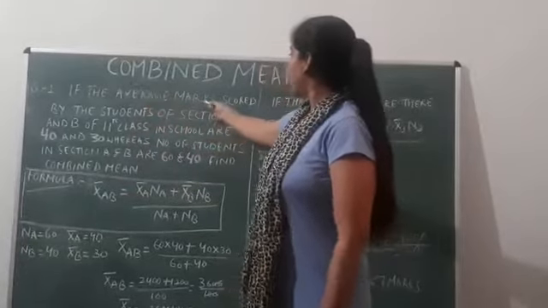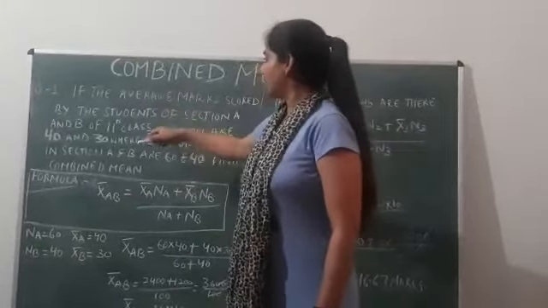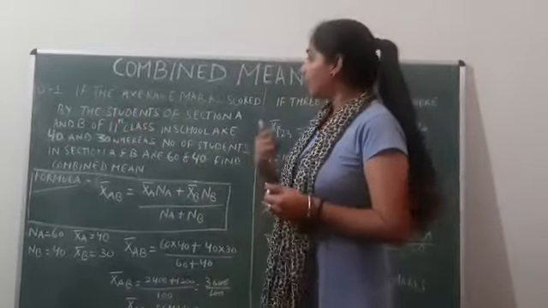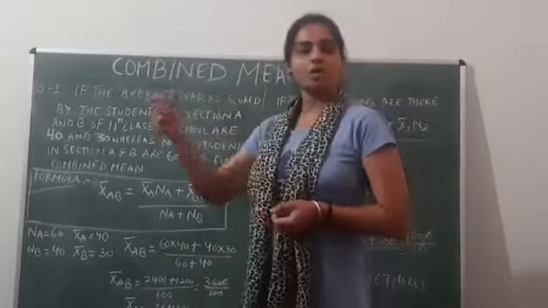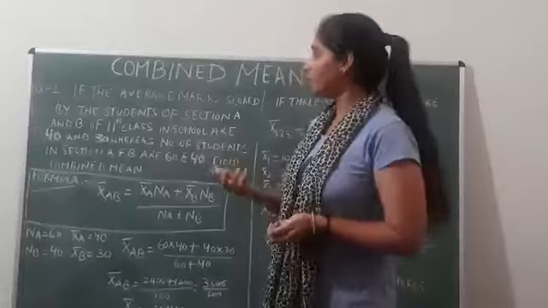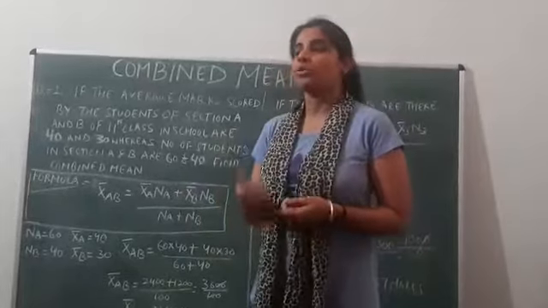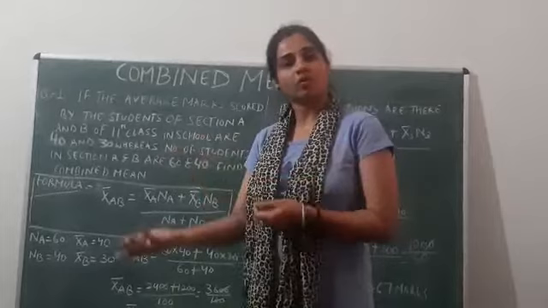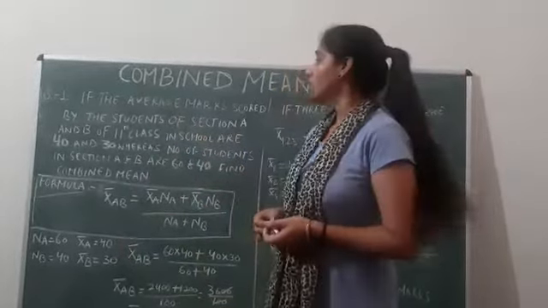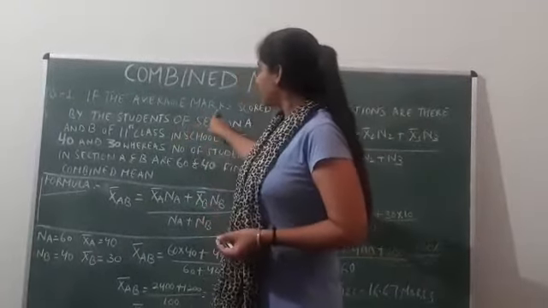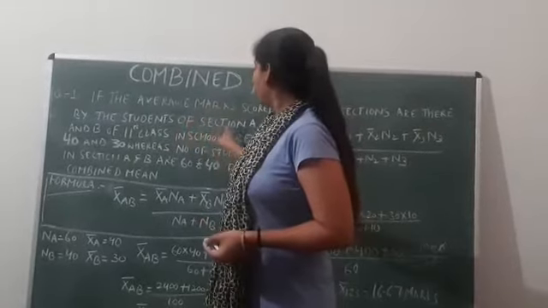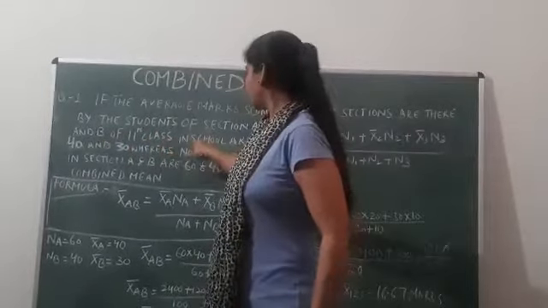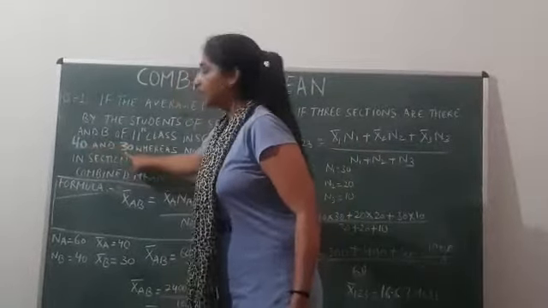The statement I am going to read for you: If the average marks scored by the students of section A and section B... Already I am having the mean marks of two sections. For example, if I am teaching section A also, section B also, I am having the mean marks of economics of section A and the average marks of section B also, right? So the mean marks are already given of both section A and section B of 11th class in the school are 40 and 30.